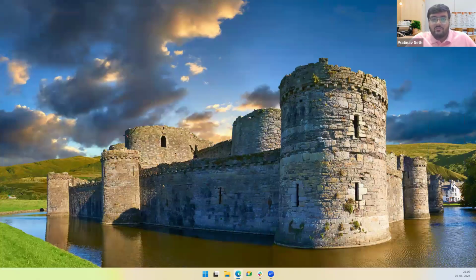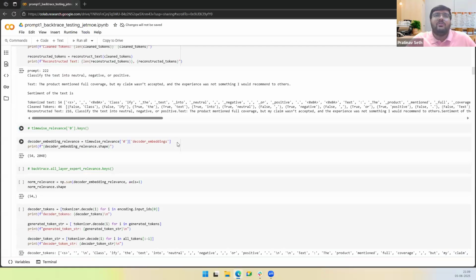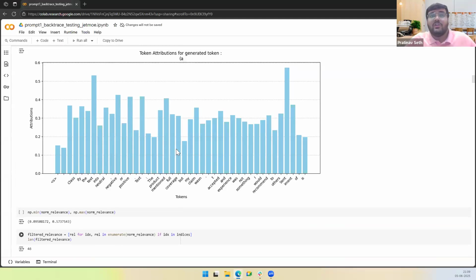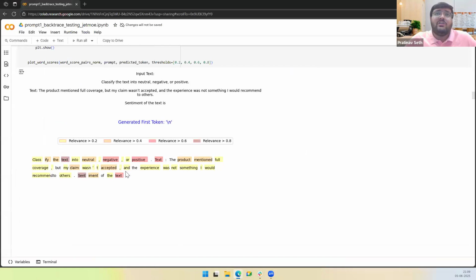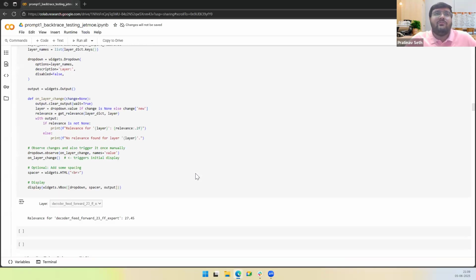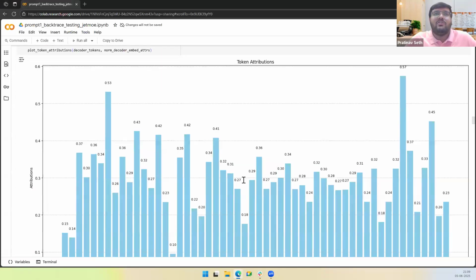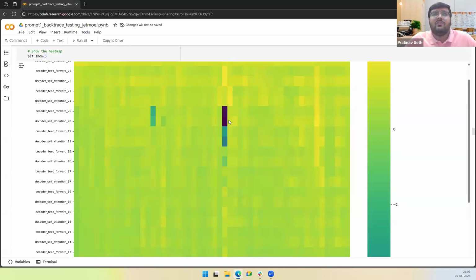Apart from that, let's say for JetMOE, we have something like this, where again you compute for each of the experts. And similar to the previous model, you are able to see which expert is important. Again, it's a similar sentence, so you can see that. And for each expert, you are able to understand how your graph is working, how your model is working.